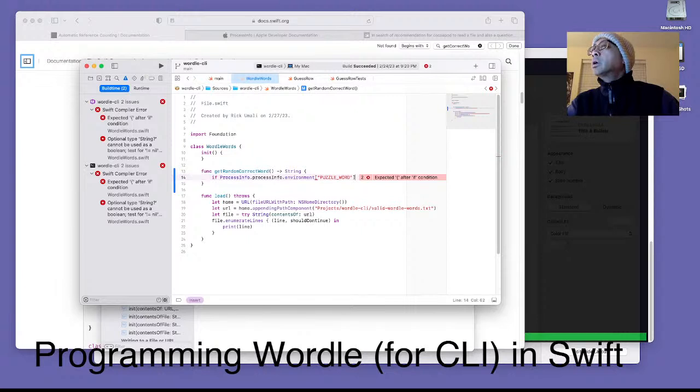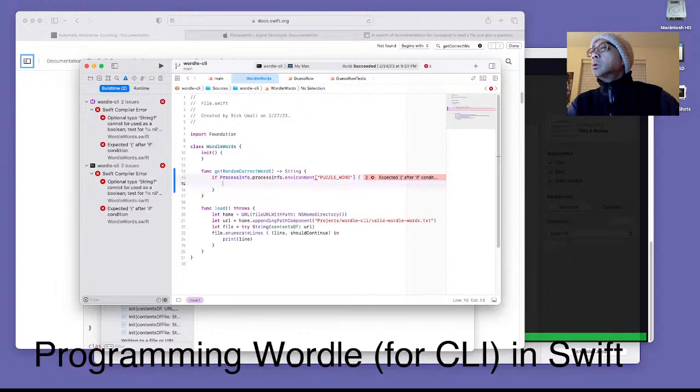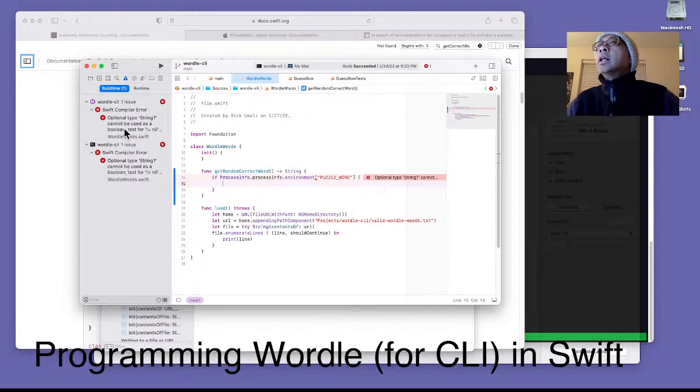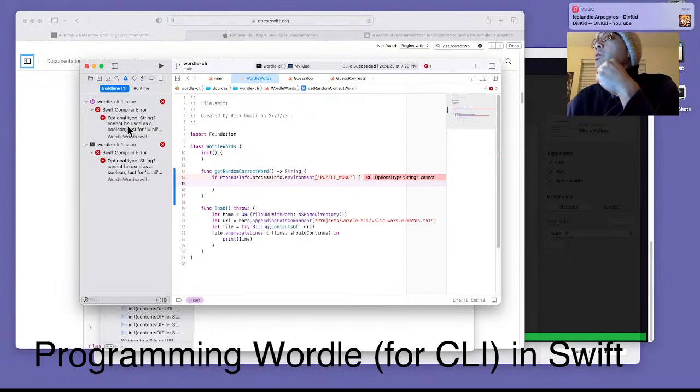If now it's supposed to say, optional type. It's string question. It cannot be used as a Boolean. It doesn't give me any chances for help, but if I look at this message,